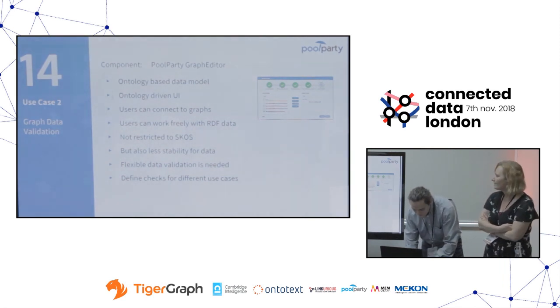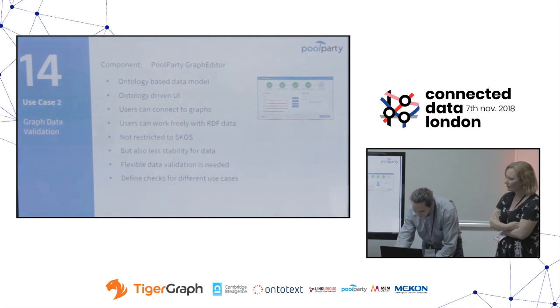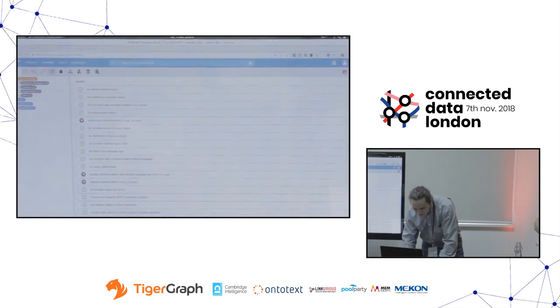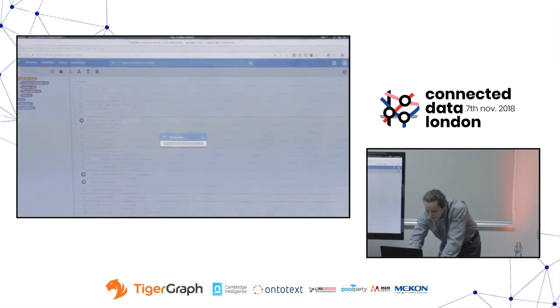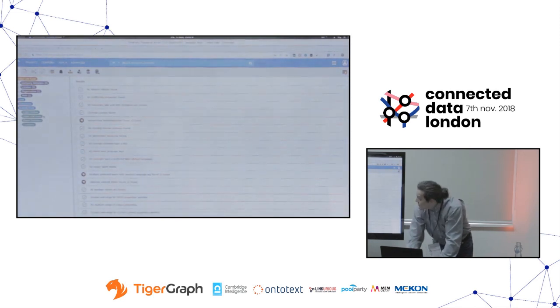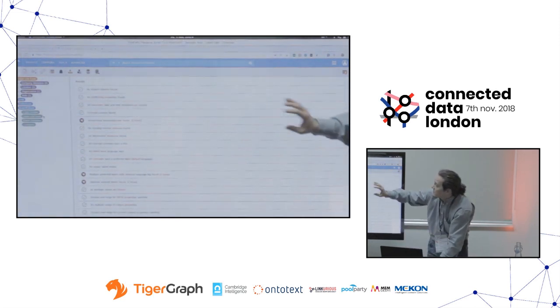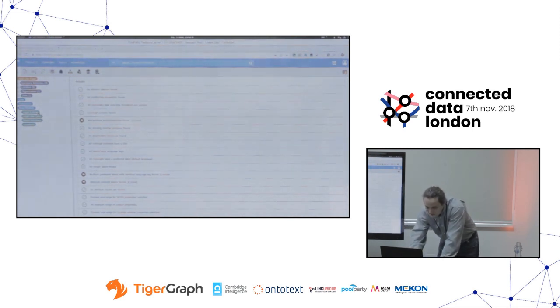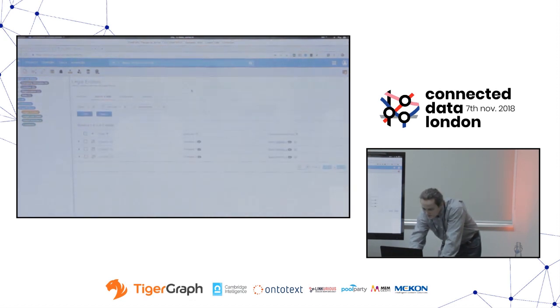So let's take a look at that. Yeah, we have here several graph editors defined already. They work on the same data, on the same stores and graphs that the thesaurus manager does, but they create a different view. So here you can see we have some saved filters that show